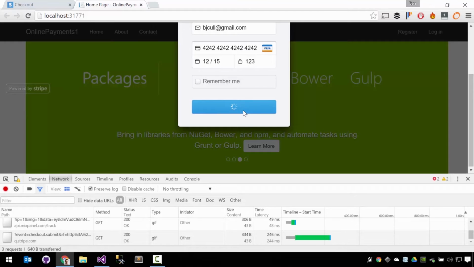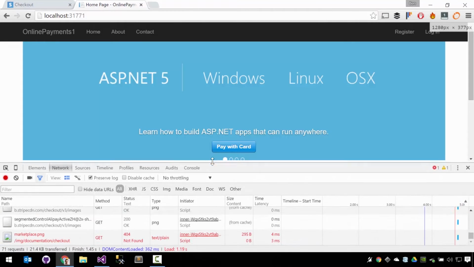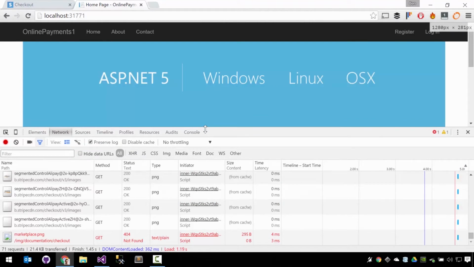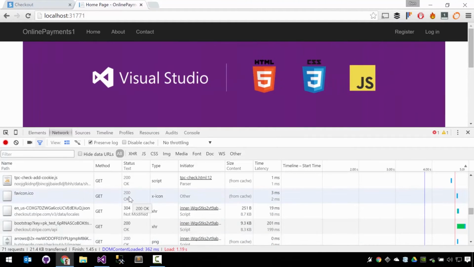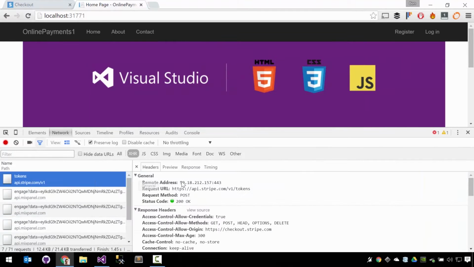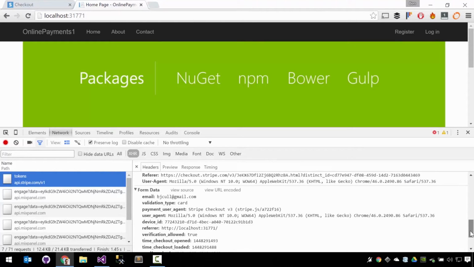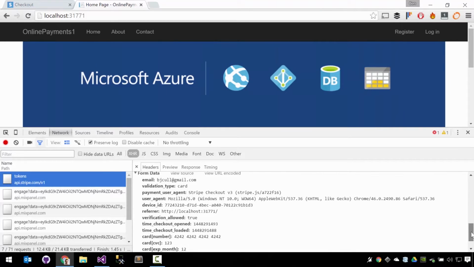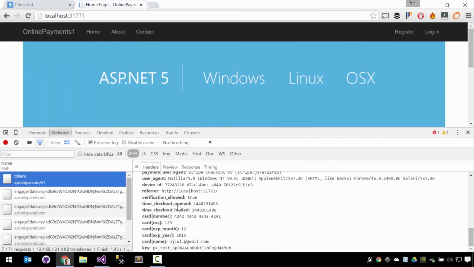So we hit pay $5, and the thing we're most interested in, and you can see here that it's gone and loaded back up our home page because we successfully told it to post to our home page. Now if we go and find that post, let's tell you what, let's look for this tokens bit here. So you can see what it does is it goes and sends all of the information we just typed into that particular Stripe widget. And there's the card number and all the bits and pieces and all the sensitive data